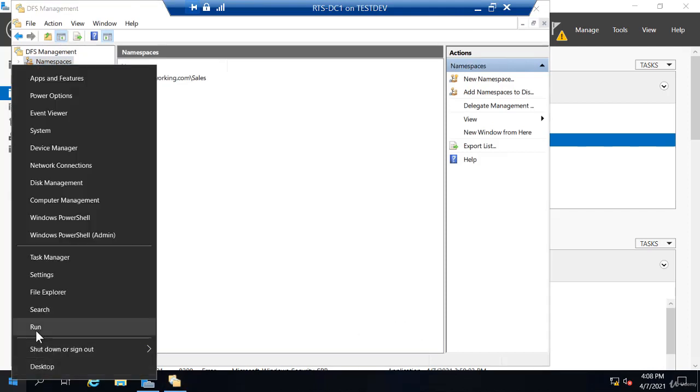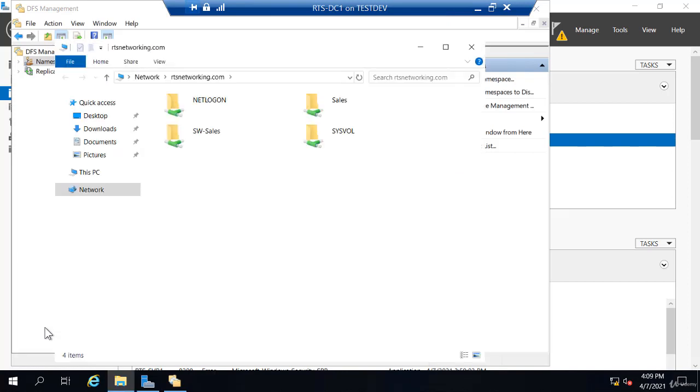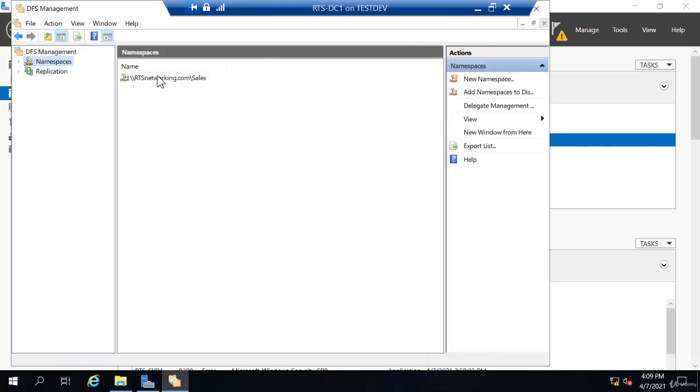So if I go back to the run box on my server here, I'm going to type //rtsnetworking.com and I see the shares show up. So this does give me all the shares on my server, but notice the sales shows up. We know that's actually the namespace. It's not a shared folder. The actual shared folder is SW sales. Well, what I can do, if we go back to DFS management, is open my namespace,